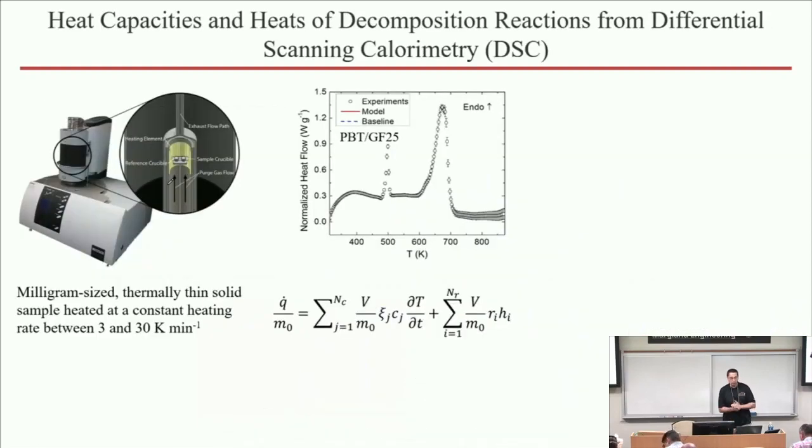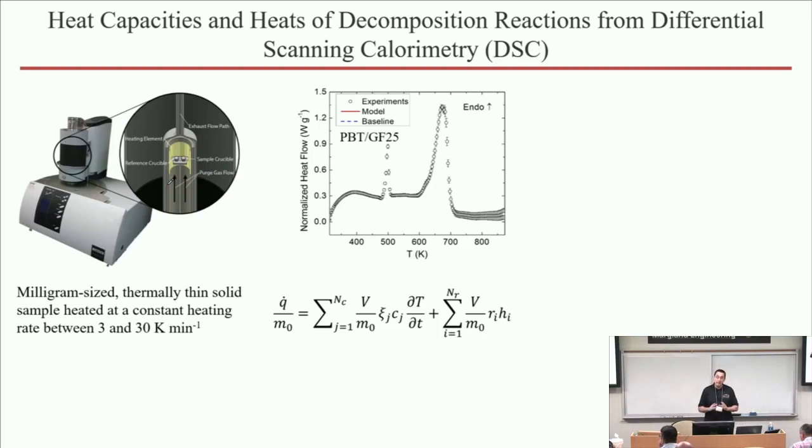So once we're done with the development of the mechanism based on the mass loss rate, then we focus on the heat flow data that are typically extracted with an instrument called a differential scanning calorimeter. So differential scanning calorimeter, or DSC, can be a standalone test, or it can be conducted simultaneously with the TGA, as it was done in this particular case. It's a much trickier experiment than a TGA because it requires careful calibration and analysis of baselines and conditions and so on and so forth.